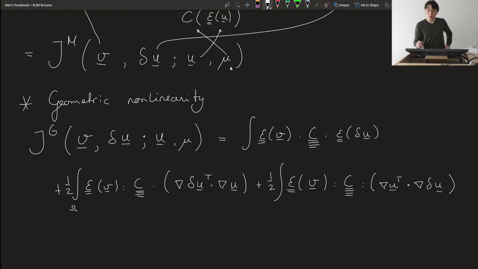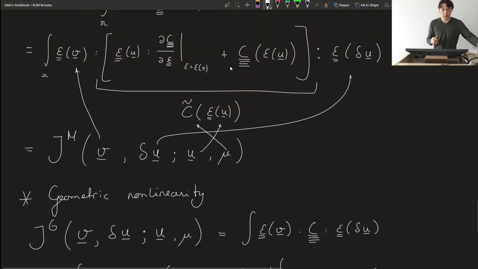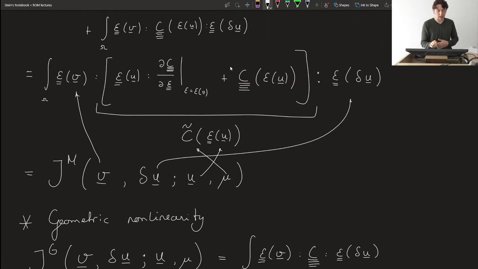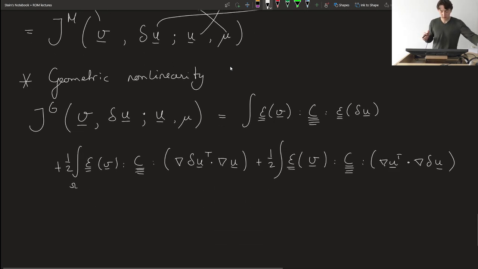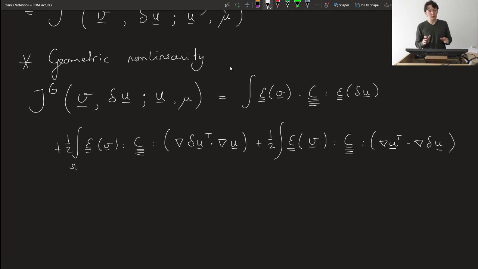Now, I actually looked at this for a while. I feel like you should definitely be able to rewrite this a little bit, but I didn't figure it out. But actually it doesn't really matter too much because it already illustrates all the points that I want to make. So where we saw before that the solution from the previous state affects now a new effective stiffness field,